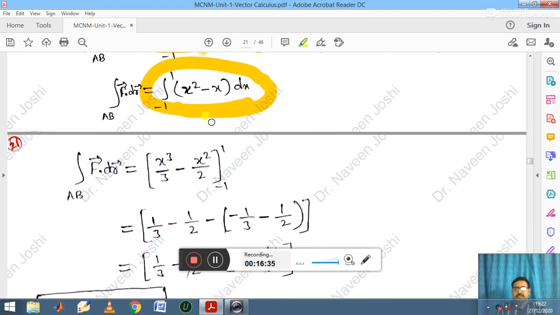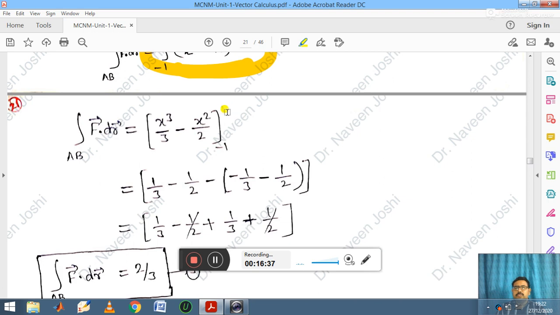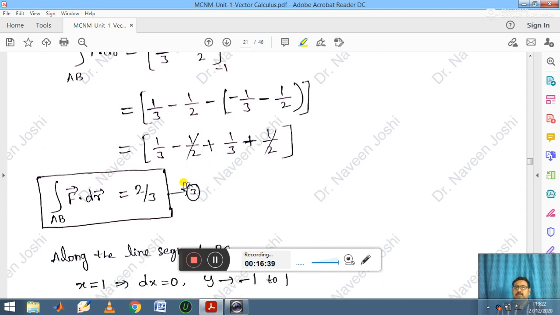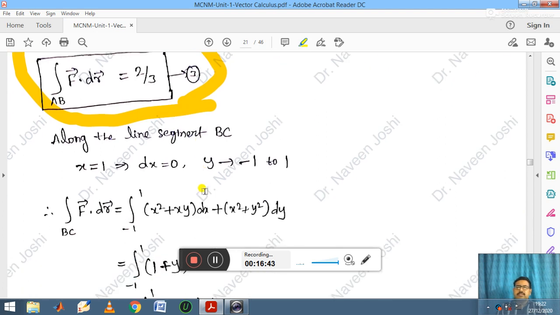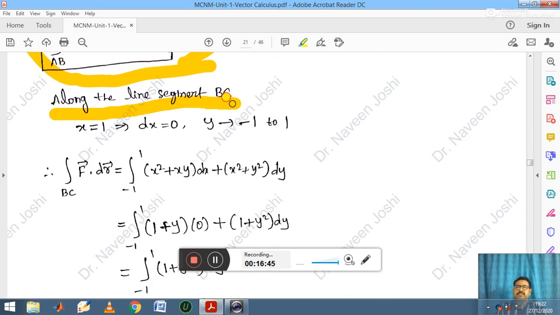Now you integrate with respect to x and use the limits 1 and -1. Therefore your line integral AB value is 2/3. In the same way you go for line segment BC. So line segment BC is your vertical line. Vertical line means you need to choose y limits, that is, the y starting limit along BC is -1 to 1,